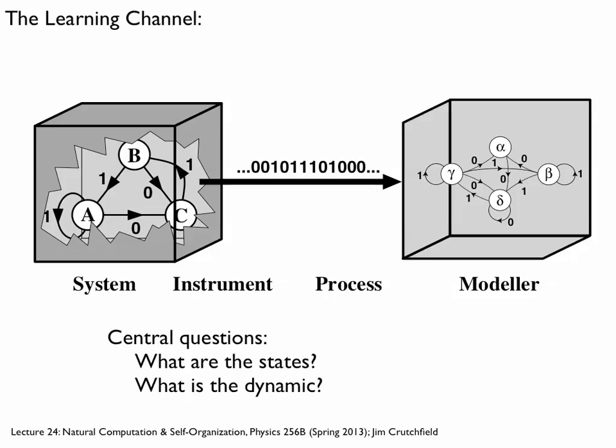There were two basic questions, which really came from how we introduced dynamical systems. Right? So we're looking for a dynamical system. What are the states, given this impoverished view, this inaccurate instrument's reporting of what's going on in the hidden box? And then what are the equations of motion? What are the dynamics over these states? And the claim from the past two lectures is that these are now answered.